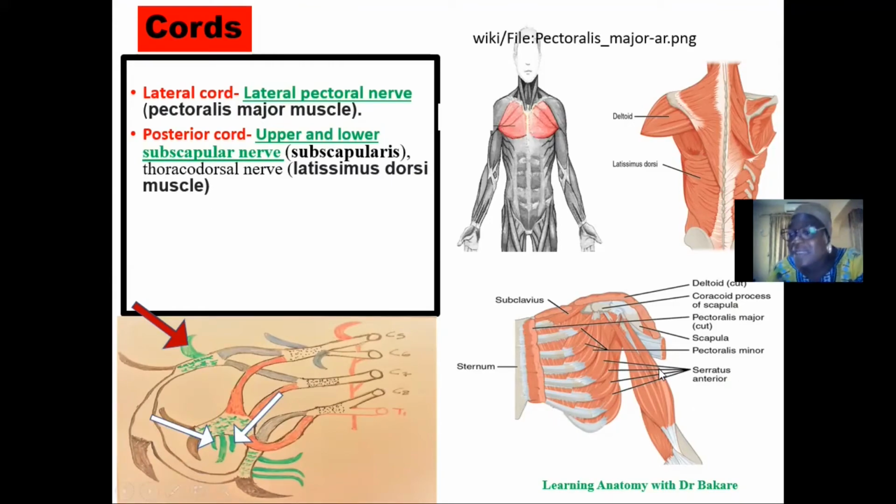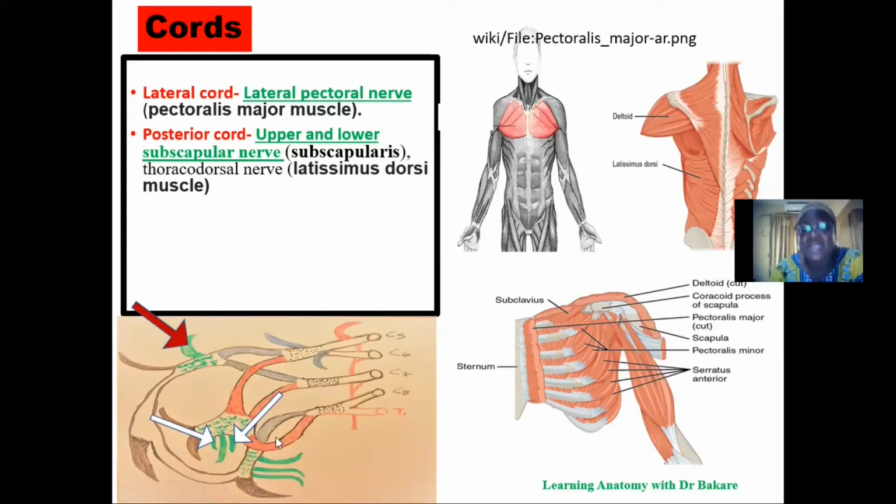The subscapularis is a muscle that is seen within the subscapular fossa. If you tilt the scapula to the anterior side, you see that within the anterior region, there's an indentation that is called the subscapular fossa. Within the subscapular fossa is where we have the subscapularis, and this muscle is supplied by the upper and the